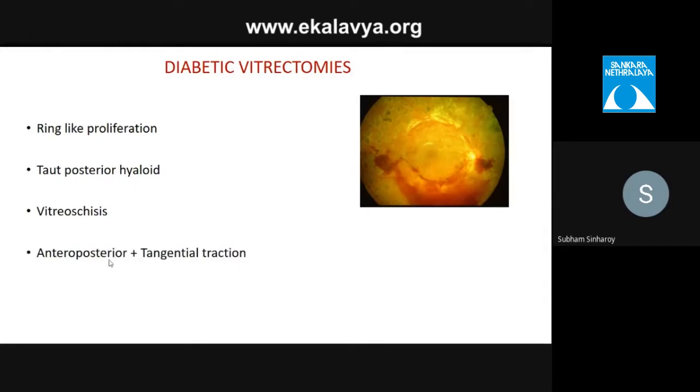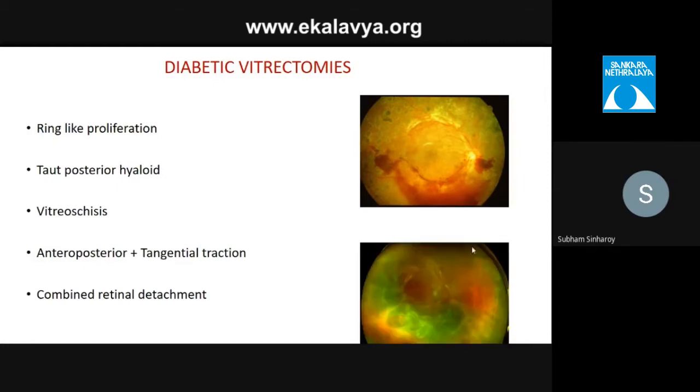Also, along with the anteroposterior traction that the PVD will impart, there is also a tangential traction component, which will be generated by the fibrovascular proliferation around the arcade that you have seen. These will cause additional tangential traction. So two types of traction are working in diabetic TRDs. Last is the combined retinal detachment. When there is excessive traction, it can create a break at the site of maximum traction, or near the site of laser. Here in this case, you can see a small break in the outer infratemporal quadrant in a diabetic TRD, resulting in a combined retinal detachment configuration.